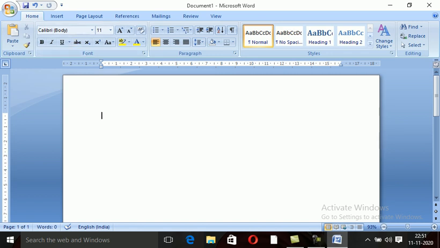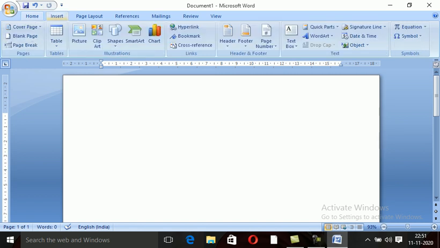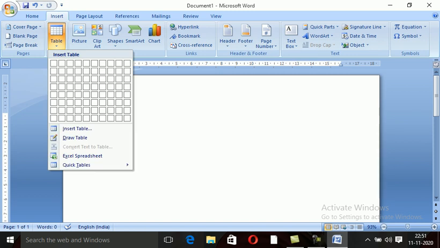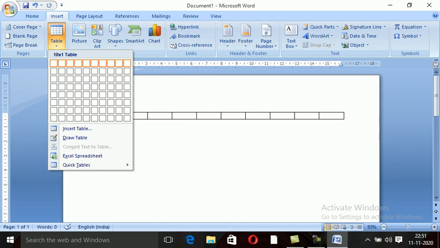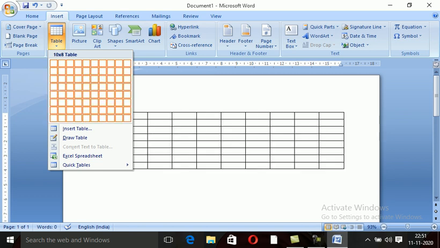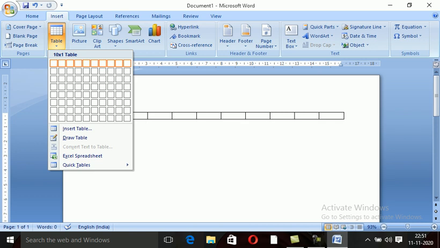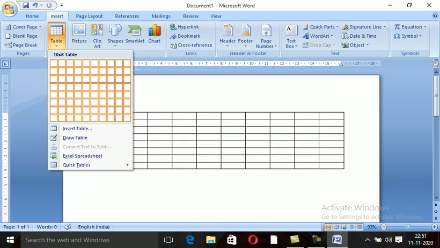Now I'll tell you again: first go to Insert and go to the Table group, and from here you can choose, but only tables containing 10 columns and 8 rows can be selected from here. Okay, if you want to insert a table